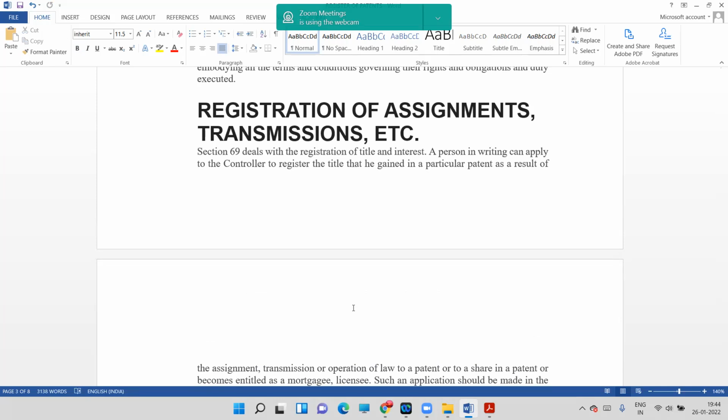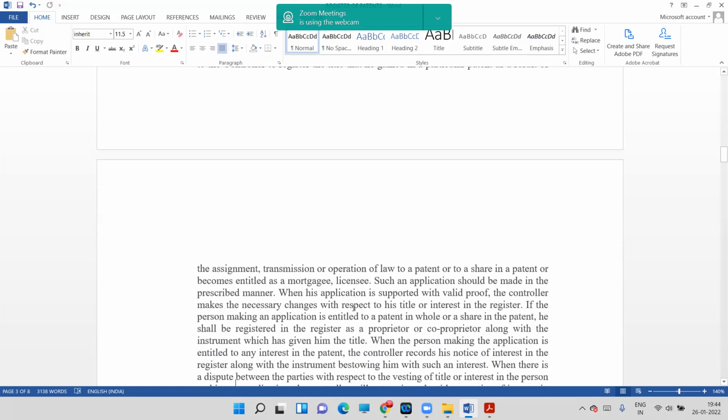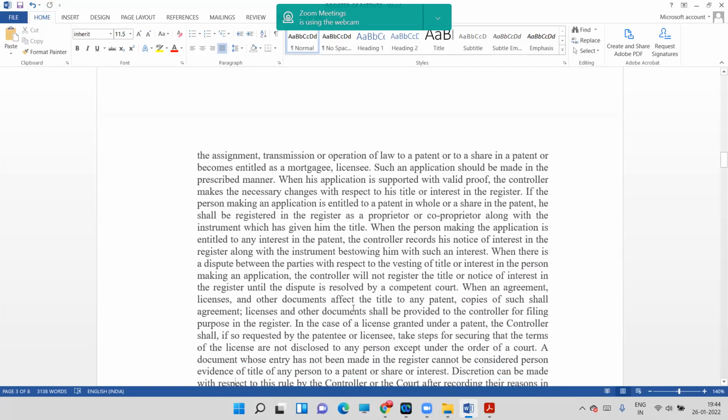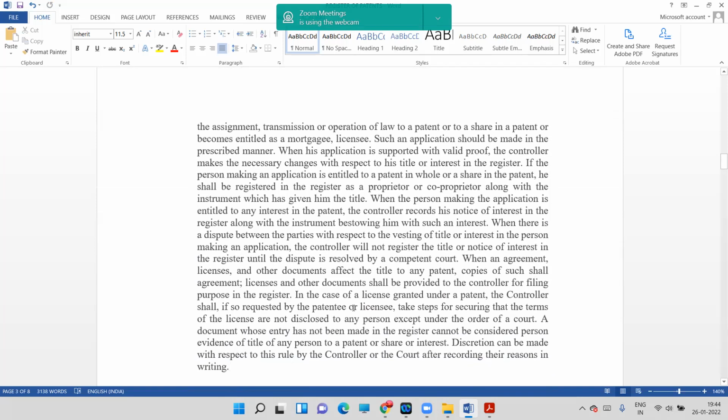Registration of assignments, transmission, etc. Section 69 deals with the registration of title and interest. A person in writing can apply to the controller to register the title that he gained in a particular patent as a result of the assignment, transmission, or operation of law to a patent or to a share in a patent, or became entitled as a mortgagee or licensee. Such an application should be made in the prescribed manner. When his application is supported with a valid proof, the controller makes the necessary changes with respect to his title or interest in the register. If the person who makes an application is entitled to a patent in whole or a share in the patent, he shall be registered in the register as a proprietor